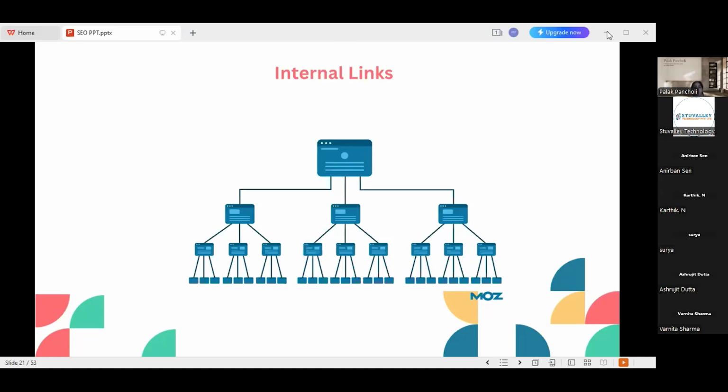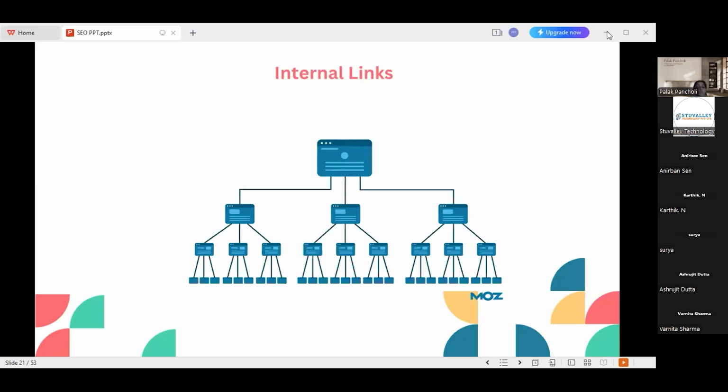Yes, correct. Internal links are the links that direct the user to other pages of our website. So when we use internal links, users will be able to visit other important or related pages on our website, and they will spend more time on our website. They will only spend more time if you provide good quality content, so that is also a basic requirement.